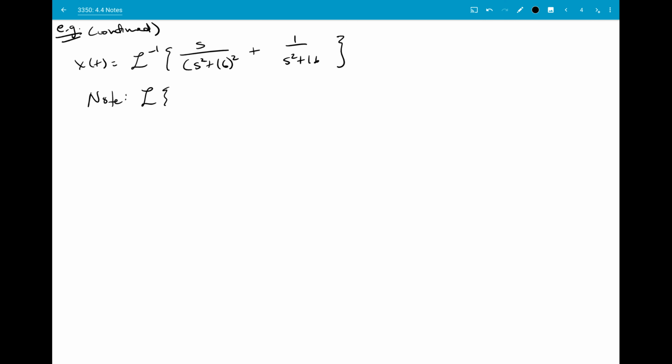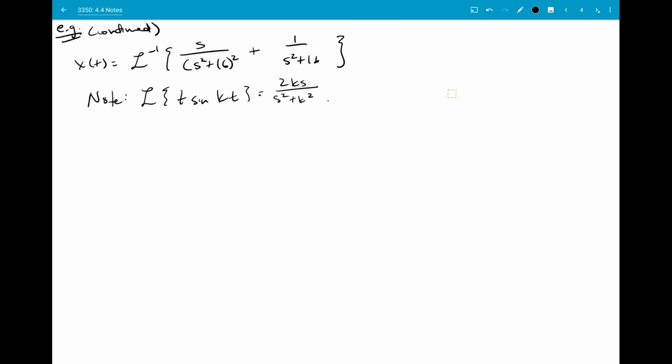Remember, we saw that L of t sine kt was 2ks over s squared plus k squared squared. So in particular, that's going to mean that L of t sine 4t would be,